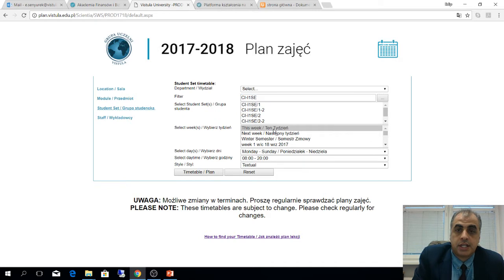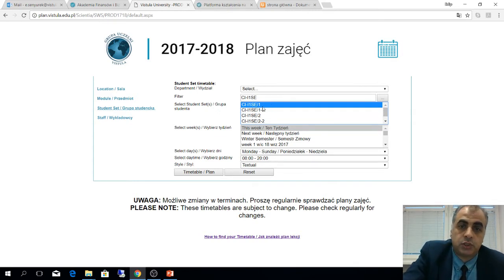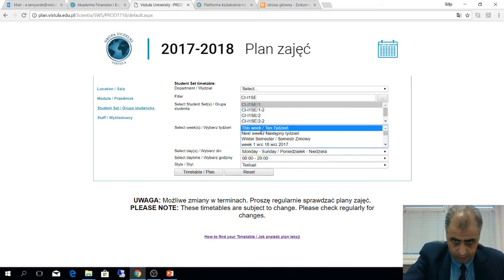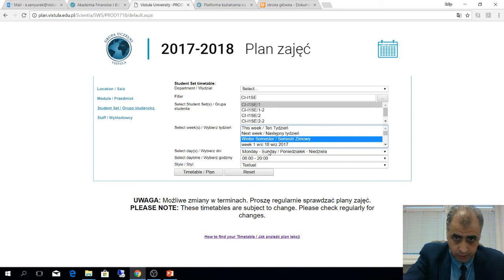When you press enter as a filter, as you see on the list, CISE/1212222, these are the group numbers. You are assigned one of those group numbers, and if you would like to see your plan, you are going to select, for example, /1, and from this part you are going to select the week, this week, next week, or winter semester, Monday to Sunday, from 8 o'clock to 8 o'clock, and timetable. When you click, as you see on the screen,